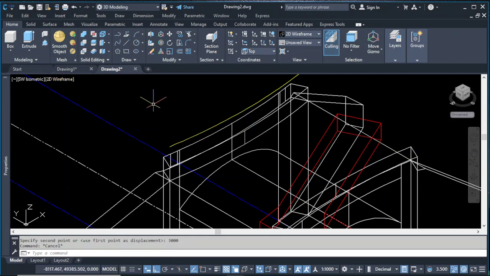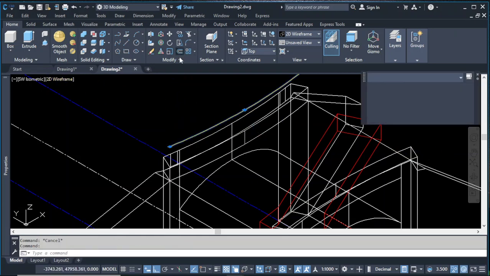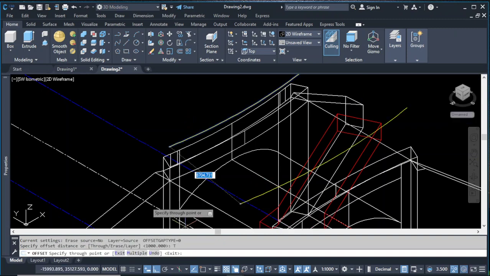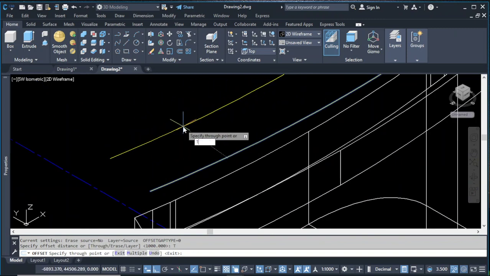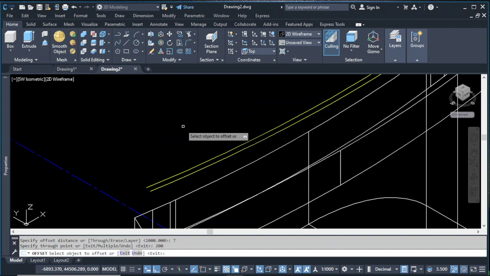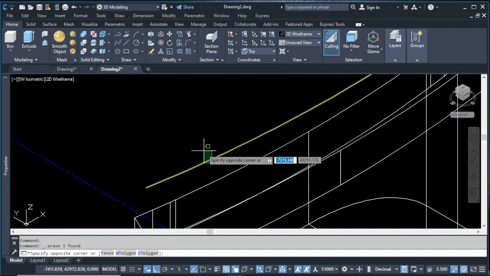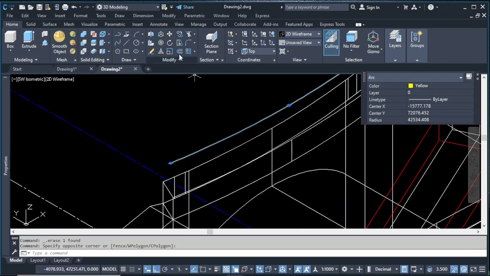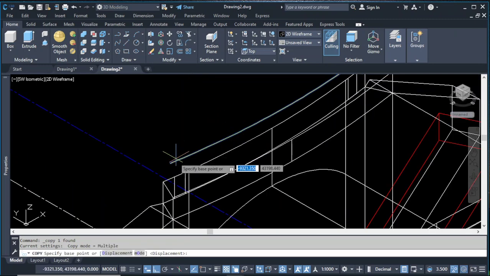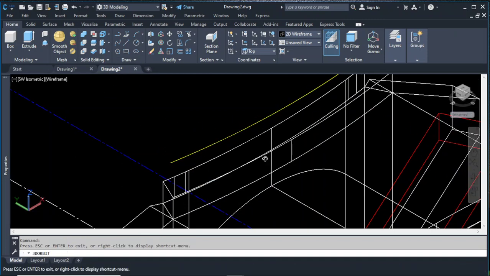But what we can do, we can offset it to a height of say 3 meters. So let us offset it to a distance of 200, and we just copy the same, and I think do we have 2 of them? I think we have 2. Now the next thing would just be to,